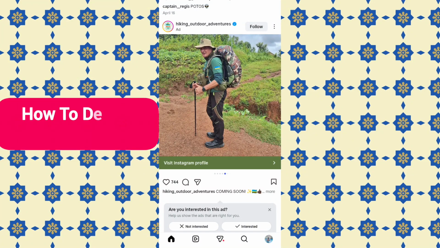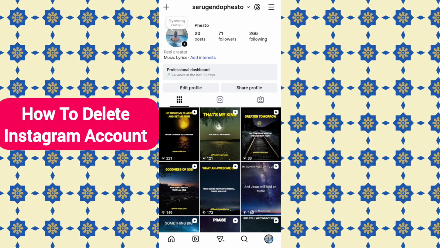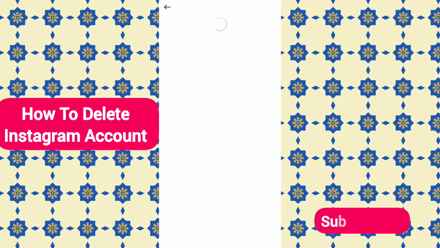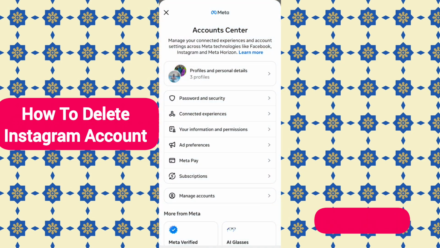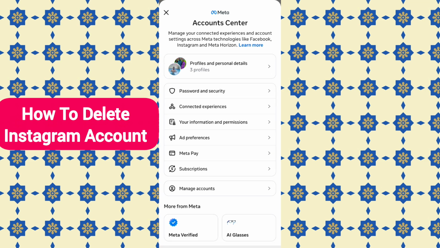Today we are going to learn how to delete your Instagram account. You need to click on the profile, go to the 3 lines here, then click on Account Center, scroll down here to manage accounts,